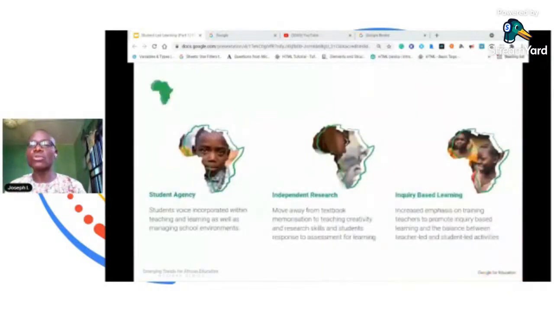Then, how do we educate based on students' interests? That's a very broad, open-ended education direction. In essence, we need to cater for choice. Students need more voice in what and how they learn. Once students have identified what they want to focus on, we need to teach independent research skills to them.